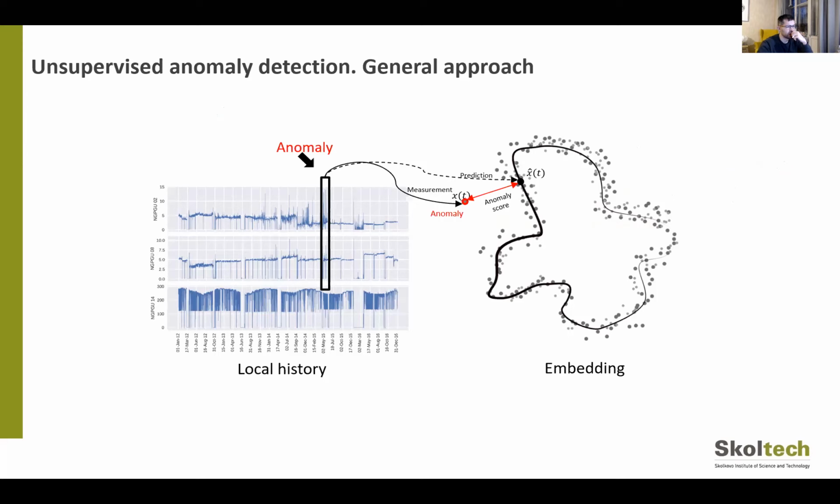If we observe something at time t, or we have some features, we predict what our generative model can produce at that time moment. If we have a new observation here, we can apply this model to map it to this more regular curve